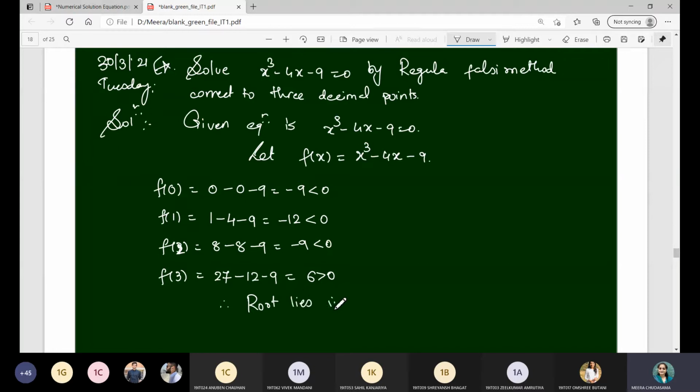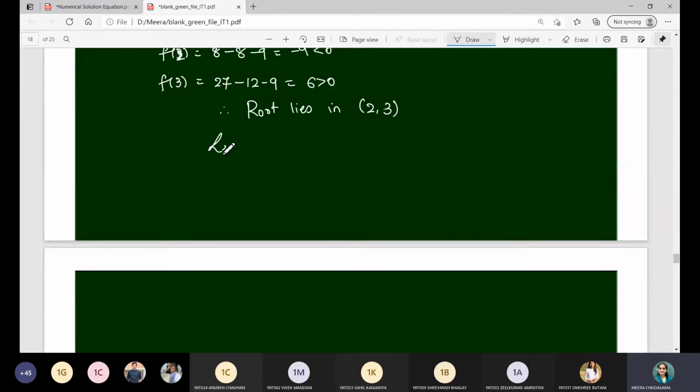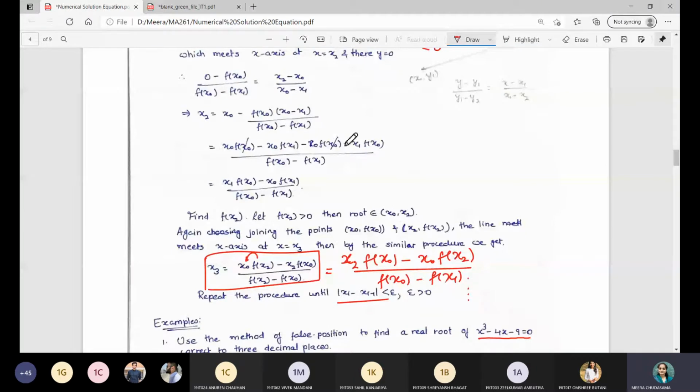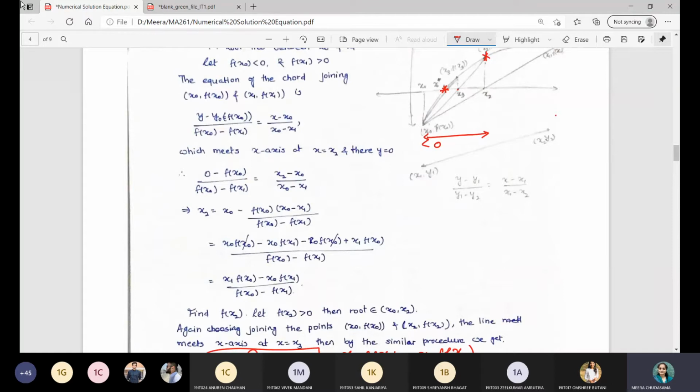तो इंटरवल हमें मिल चुका है, फंक्शन भी हमारे पास है. तो इन दैट केस आई विल कंसीडर x0 एज 2 एंड x1 एज 3, क्योंकि जो हमने फॉर्मूला अभी इम्प्लीमेंट किया हुआ है उसमें इनिशियल पॉइंट्स वी हैव टेकन एज x0 एंड x1. So that's why I have considered x0 and x1. Bisection method में a b लिया था, whereas to have in the line of the notation for regula falsi method, I will consider those initial points as x0 and x1. So let x0 is 2 and x1 is 3.